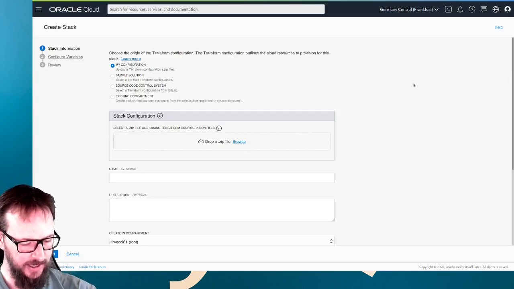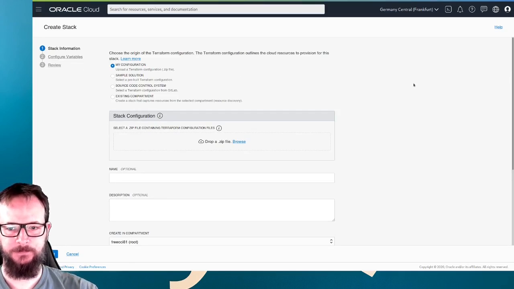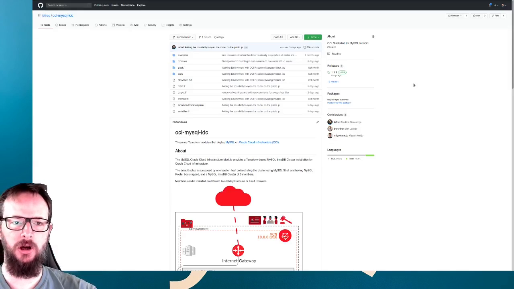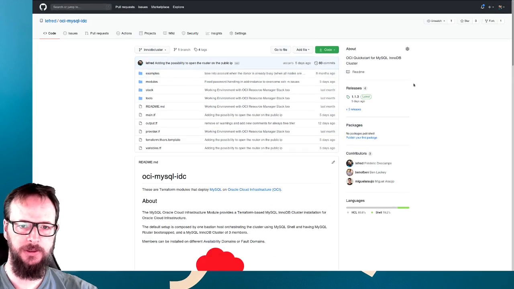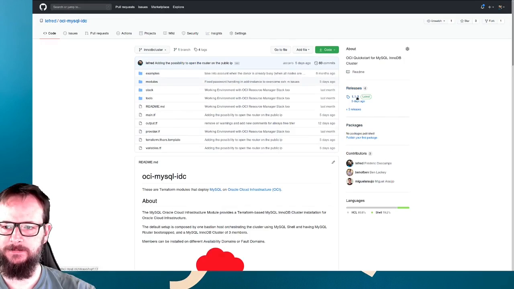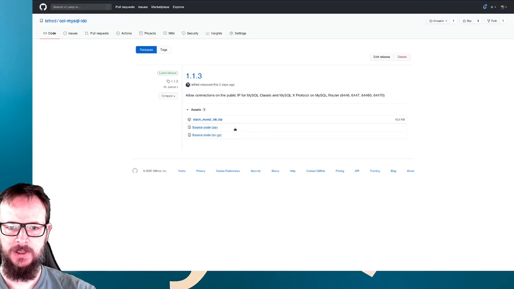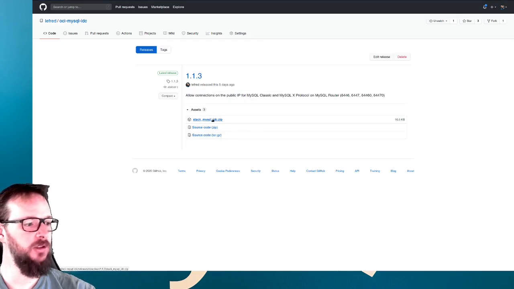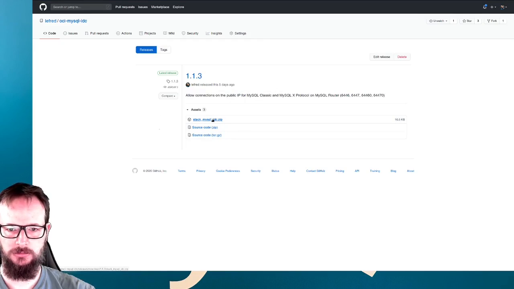This zip file can be downloaded on GitHub here. On my GitHub, LeFred, OCI, MySQL IDC, you go to Releases, and you see there is a file, stack mysql idc.zip, that you need to download. Let's save it. Now that we have it,